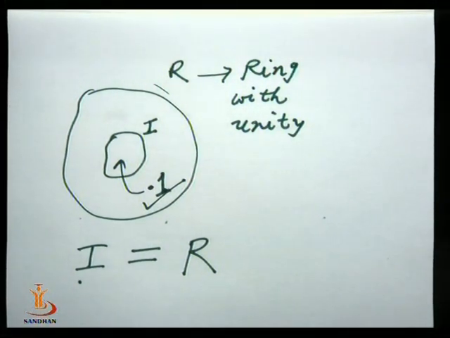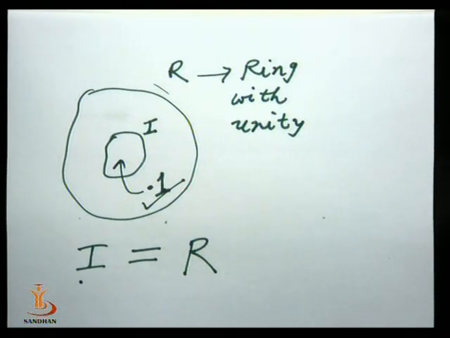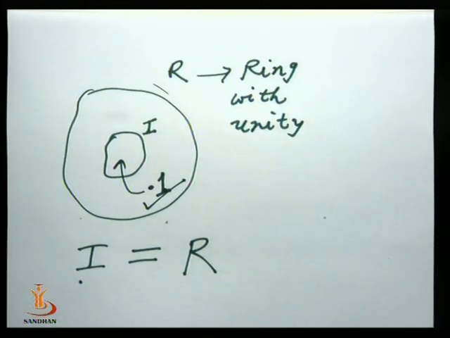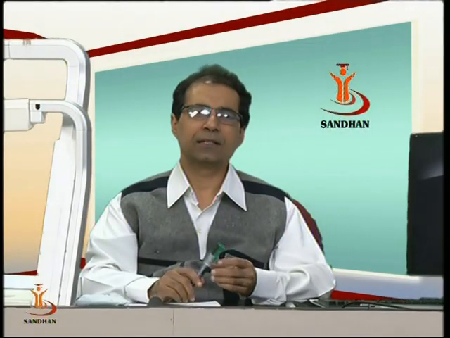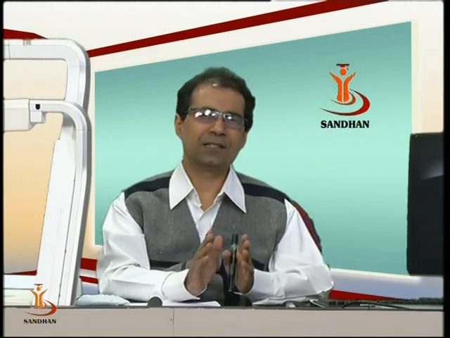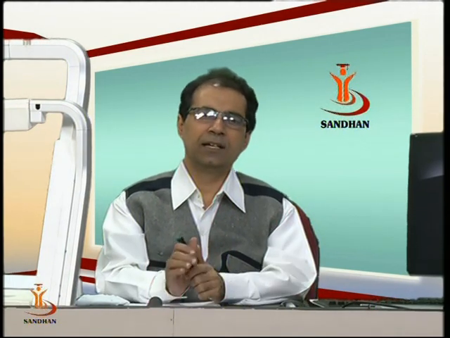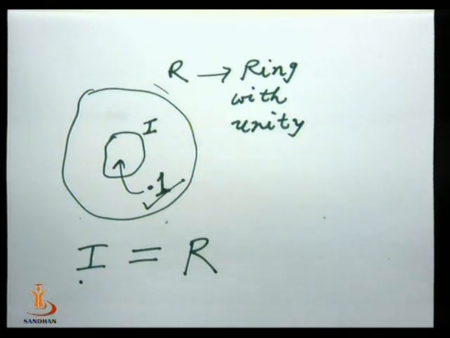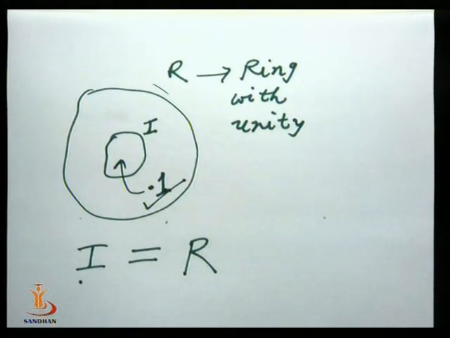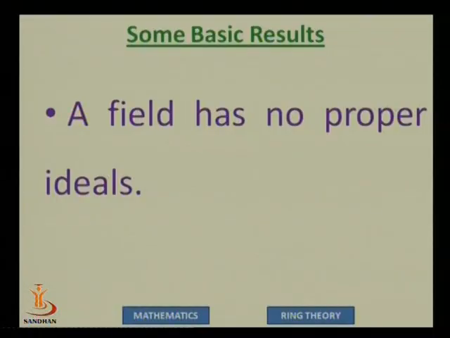The next result is about the field. So we go to the screen again and we see that there is a result about fields. We could see that there were two improper ideals: one is the set containing only 0 and the other is the full ring R. But our next result says that any field cannot have proper ideals. So a field has only two ideals, the minimum and the maximum. So a field cannot have proper ideals. It has only improper ideals.